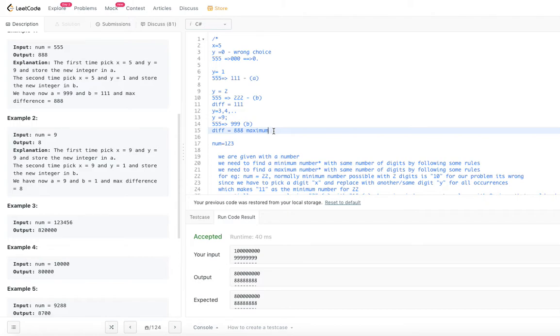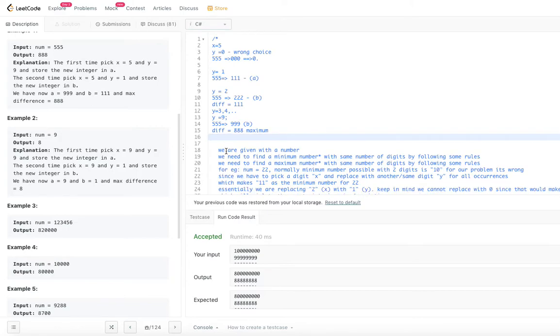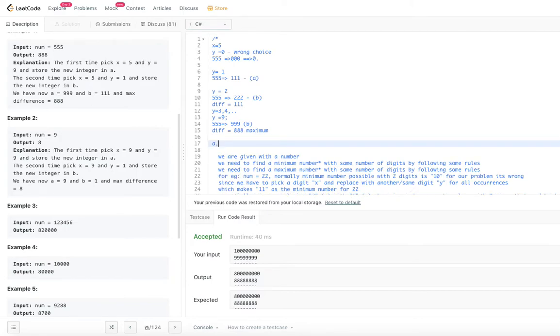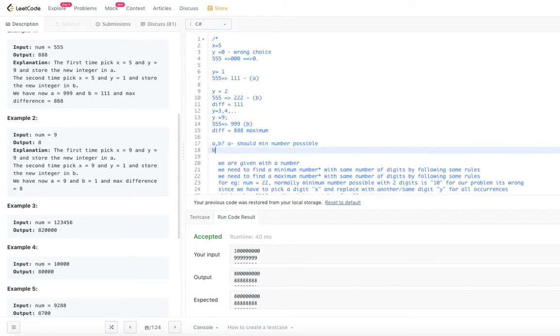So let's try to understand more, right? So if you want to get the maximum difference, what should be A and B? So with a simple logic, what we can say is A should be the minimum number possible and B should be the maximum number possible, with all these constraints, right?